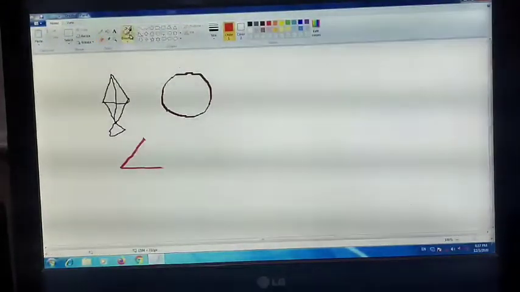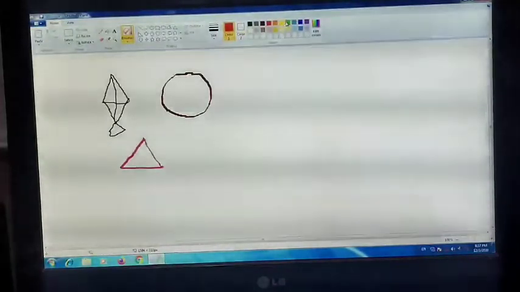So again I took this brush, the third brush, and the color is red. Here I did this triangle. Then from the next one I took this brush and changed the color to blue. Now I will be making a square. This is an airbrush tool. Right? This is an airbrush tool.